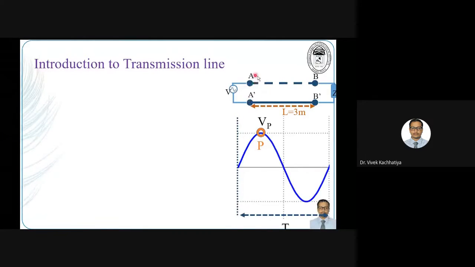At AA dash we apply the power supply and at BB dash we apply a load, and then we expect power to transmit from A to B. But what we have understood is that whenever the source is at lower frequency, whatever voltage is at AA dash, at BB dash it will be nearly the same. But when we increase the frequency of my source, the transit time effect will come into the picture. This we have understood using wavelength as well as the finite time point of view, right?